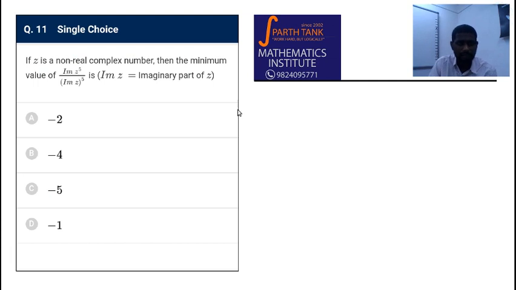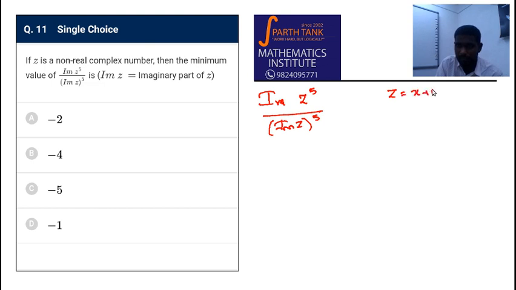Question 11. If z is a non-real complex number, then the minimum value of imaginary part of z power 5 by imaginary part of z raised to 5. Okay. Now all the z to the power 5 and all, imagine if you take z as x plus iy, and then by the time you find z raised to 5, the exam is going to be over. So all these powers we always use